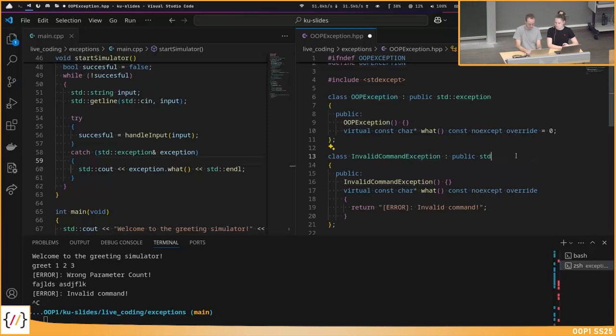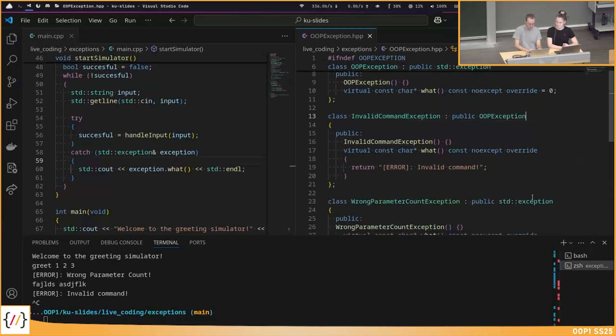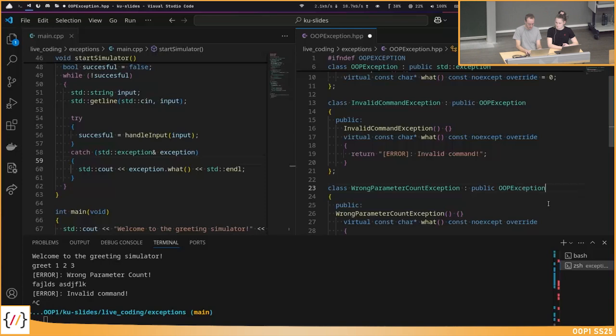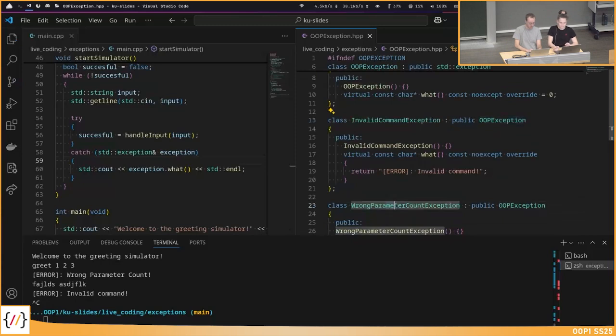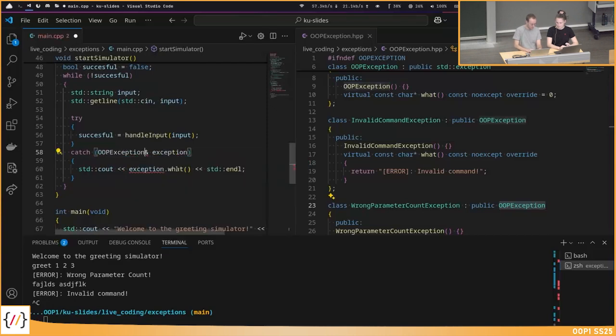So I will not derive them from the STD exception anymore, but I will do this here from our OOP exception. And since now the invalid command exception is an OOP exception, and also the wrong parameter count exception is an OOP exception, I can just catch here my OOP exception. And then, in this case, just our two exceptions are called here in the catch block, and no other exceptions like bad alloc or whatever.